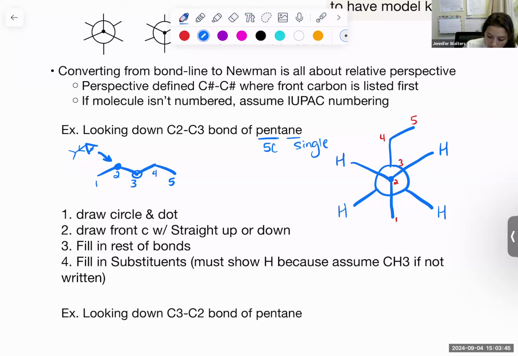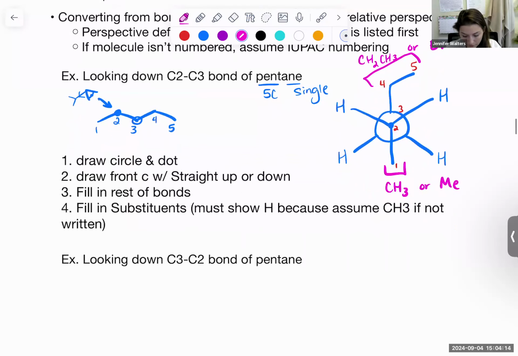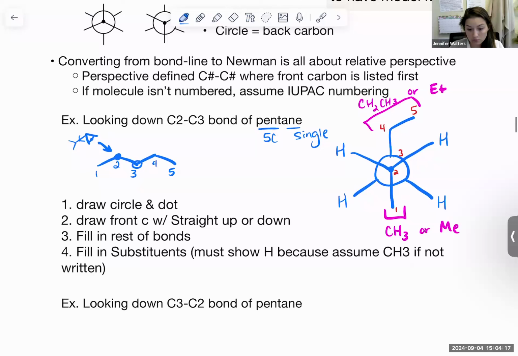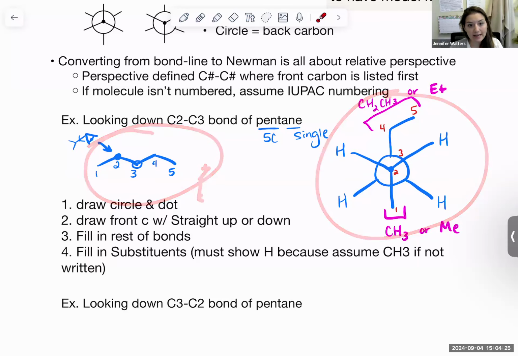Or I could abbreviate it in a condensed form to write CH2CH3. Or I could write Et, my abbreviation for an ethyl chain, for a 2-carbon chain. Just like that for carbon 1, I can also write just a CH3, or I can write Me, which is my abbreviation for methyl, for a 1-carbon chain. And again, that's in the nomenclature video where it talks about that. And now we're done. So that is our Newman projection for this exact conformer of pentane looking down the C2-C3